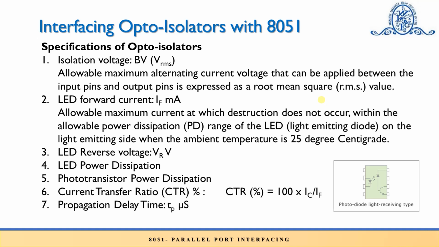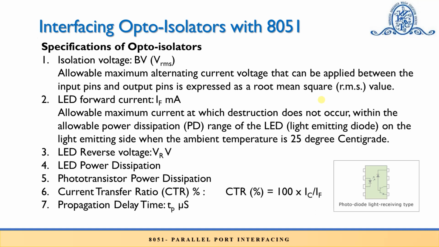Then if the input side is LED, then the forward current of LED is also an important specification. Then the reverse voltage that can be applied to the LED is another specification. LED power dissipation is the fourth one. Then if at the output side we have a photo transistor, then the power dissipation of it is also a specification. Now the most important specification for an optocoupler is the current transfer ratio, which is also abbreviated as CTR,